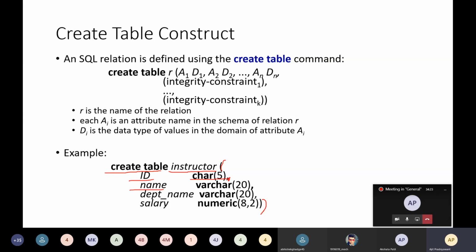The next is name, data type, comma, department name, data type, comma, salary, numeric. At the end there is no comma. You have to complete the bracket that you started over here.